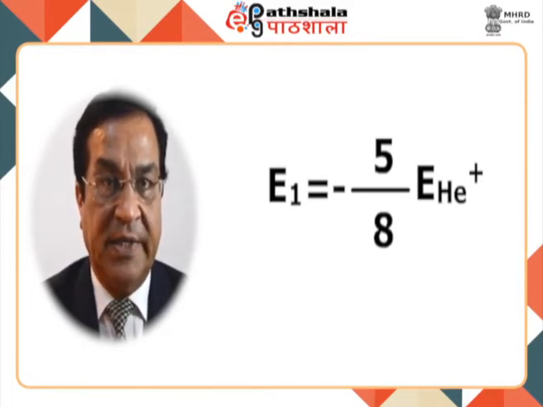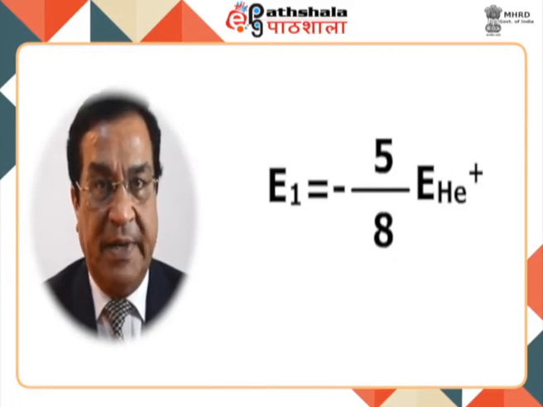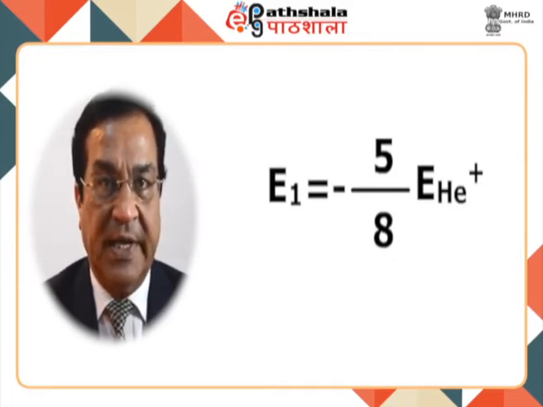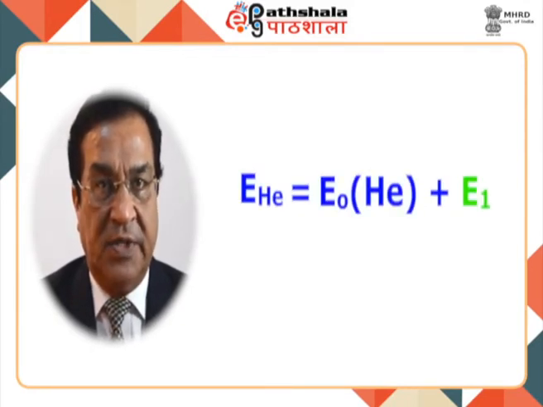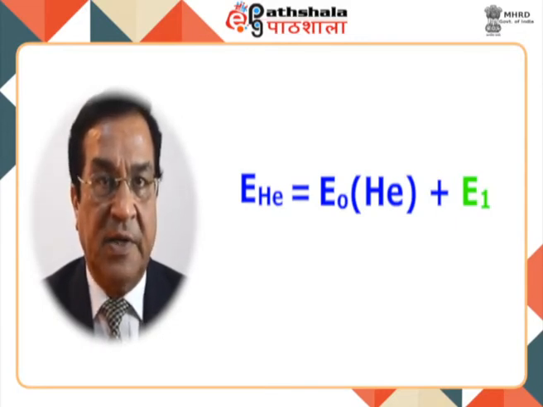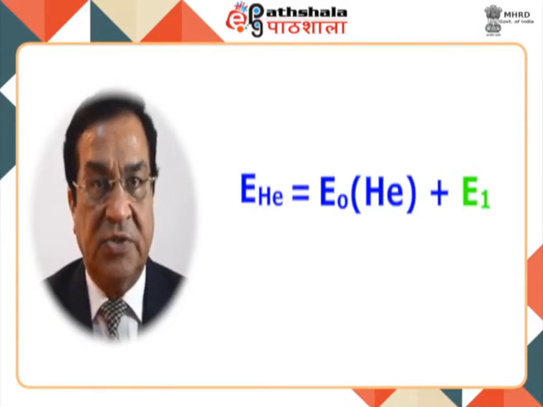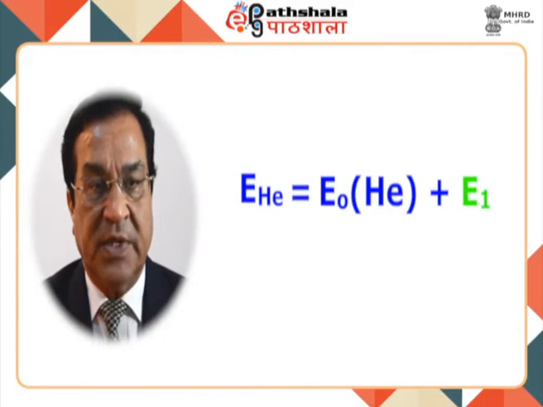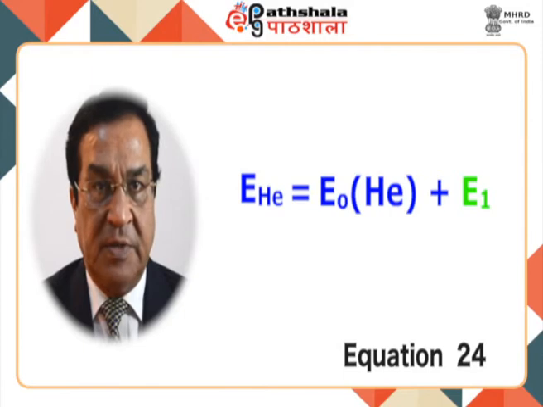Earlier we had calculated the ground state energy of the unperturbed helium atom, and that was when we neglected the interelectronic repulsion term. After having calculated the first order correction to the energy, now we are in a position to calculate the total energy of the helium atom taking into account the perturbation term. And this total energy of the helium atom, as you can see, is given in 24,